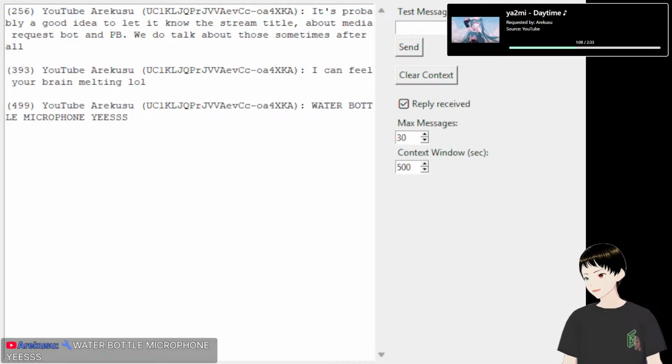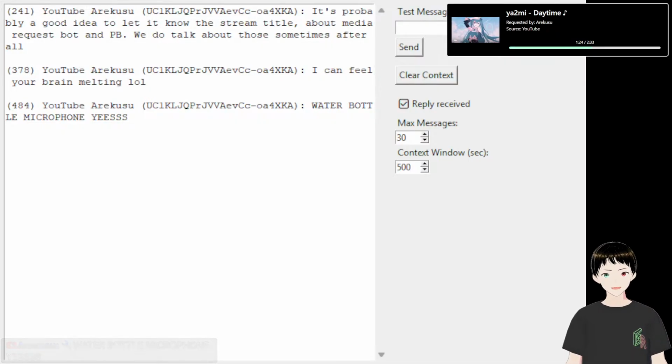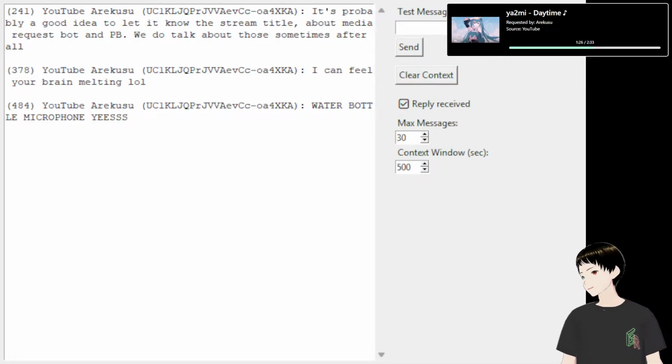Water bottle microphone. I'm not bringing back water bottle microphone. I want to make this a clean setup, at least a little bit.